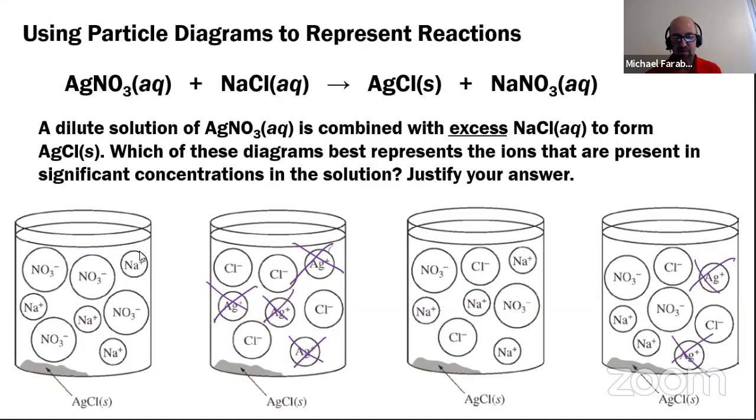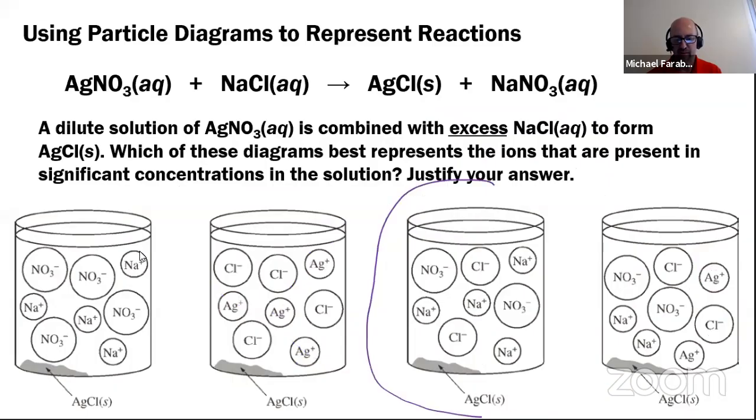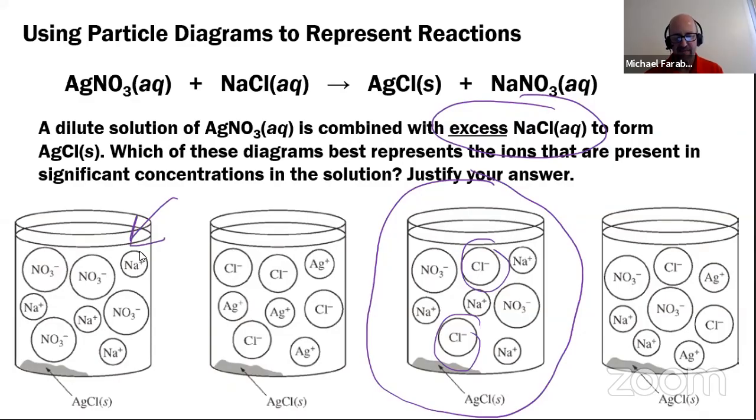Now down to these 2 diagrams that I have left, as far as which of these diagrams is correct, the excess sodium chloride means that there should still be excess chloride ions present in solution. So that makes this diagram the correct answer. So the correct answer is this one right here because of the excess chloride ions that are present in the particle diagram. The diagram over here would have only been correct if we had exactly the perfect 1-to-1 mole ratio